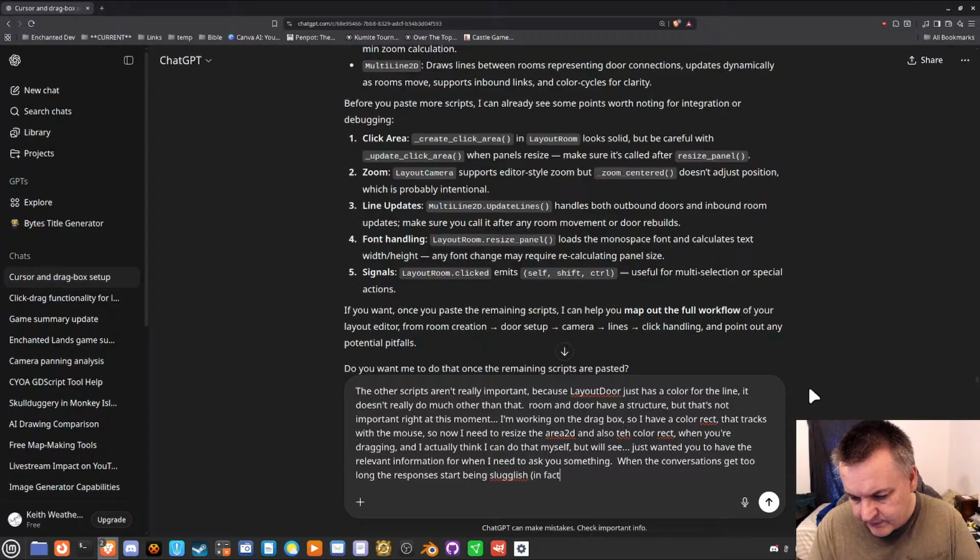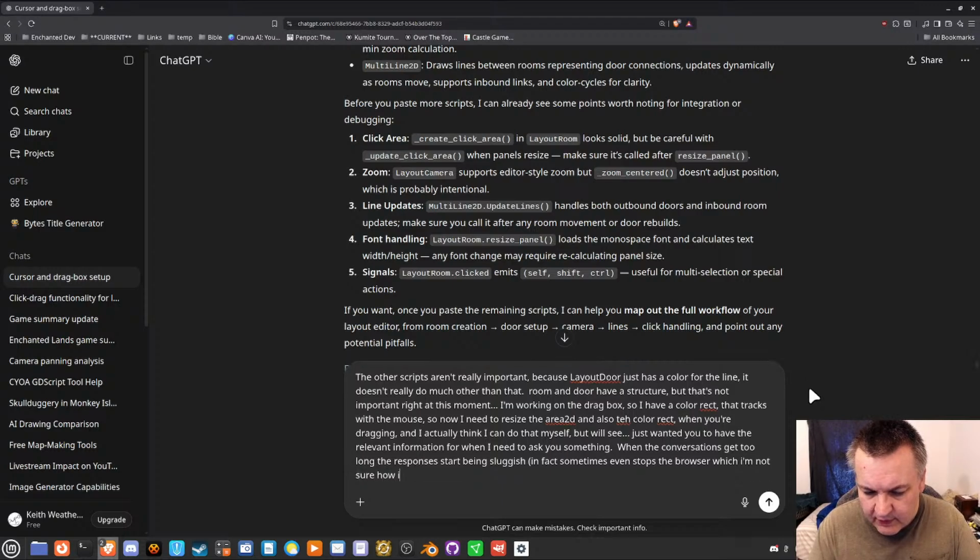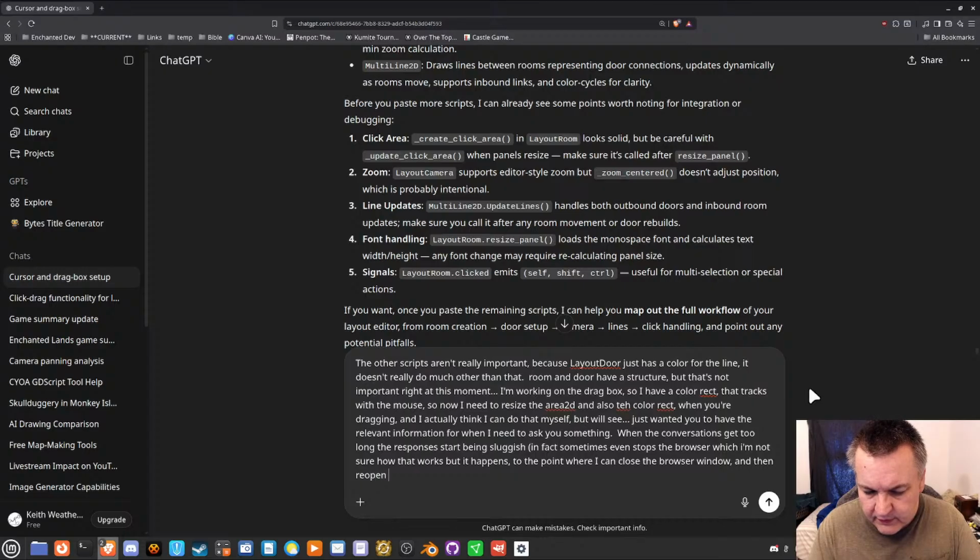In fact, sometimes it even stops the browser, which I'm not sure how that works, but it happens to the point where I can close the browser window and then reopen ChatGPT, and the response is then already there.